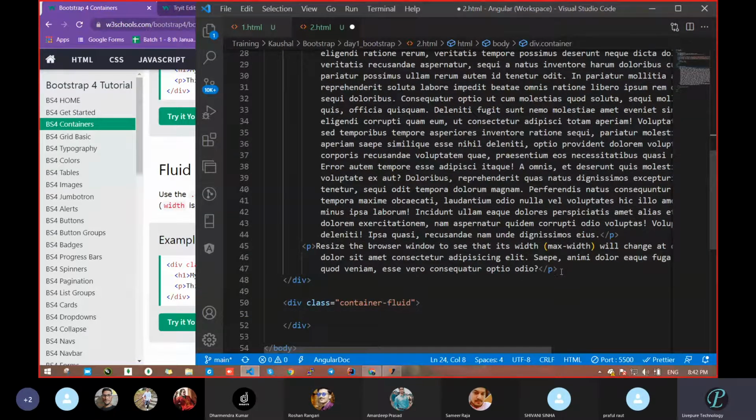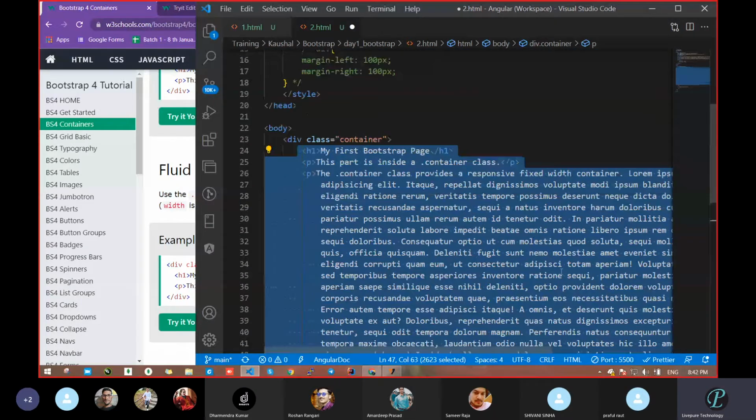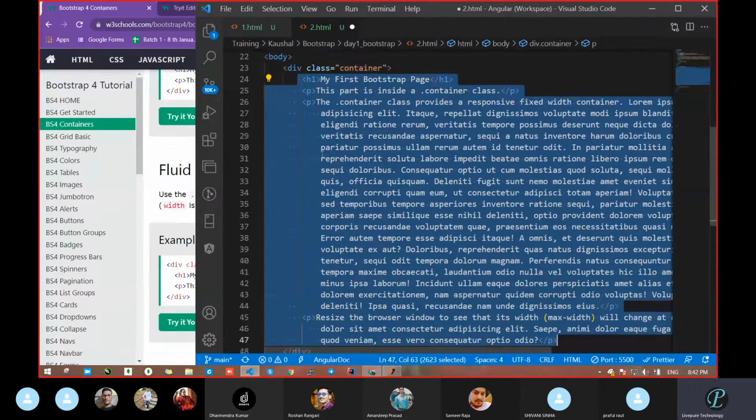Where is the last? This one. Suppose paragraph. Before clicking the mouse, press the shift button. Got it? And directly you got it selected from the first. So shift and then mouse click. This way we can select from there to there, and directly you can copy.